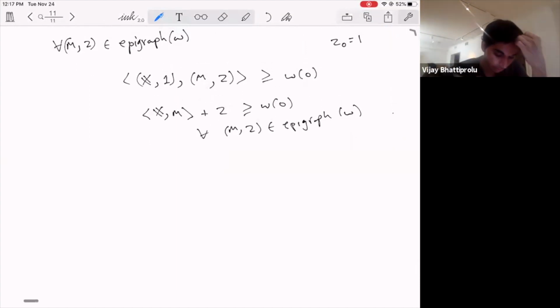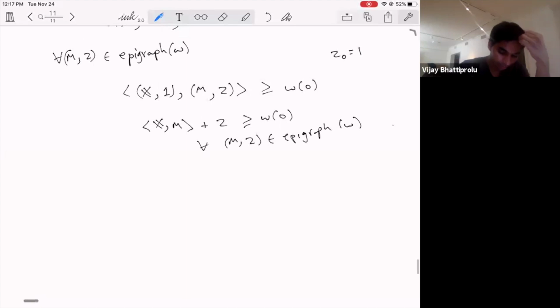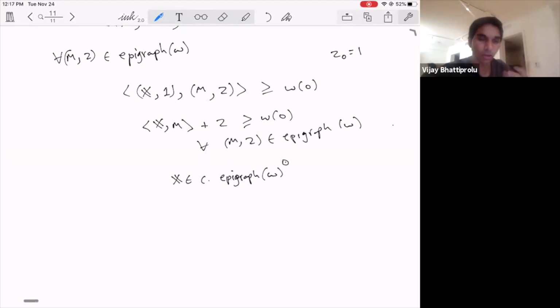So the first observation is that x belongs to an appropriate scaling C of the polar of the epigraph, the upward closed polar of the epigraph. I define the upward closed polar as the set of vectors that have inner product at least 1 with every guy inside the set. So just by the above thing, we get this, right? And recall,